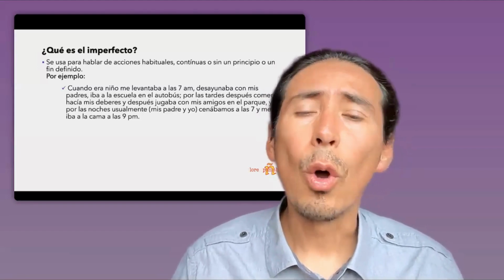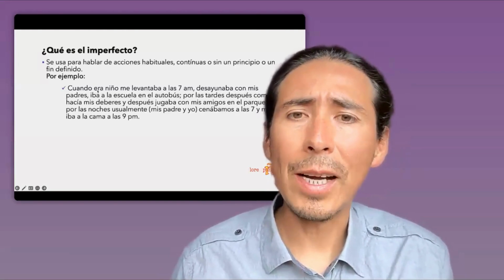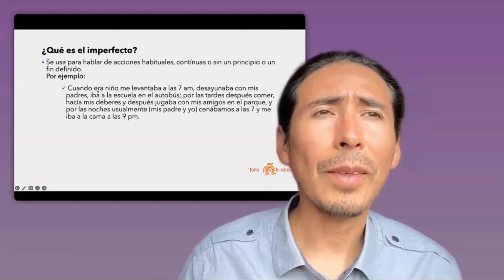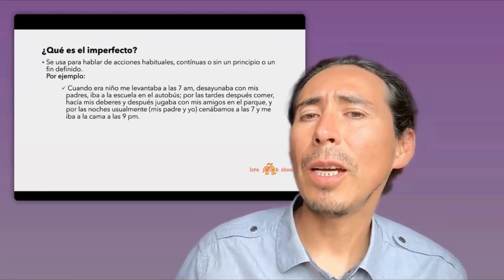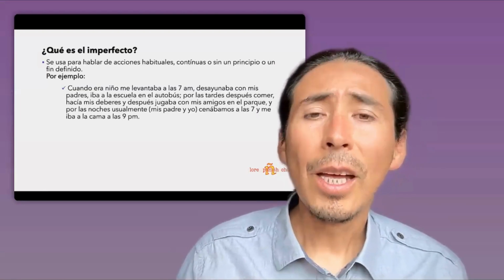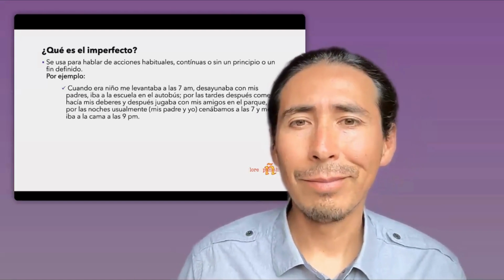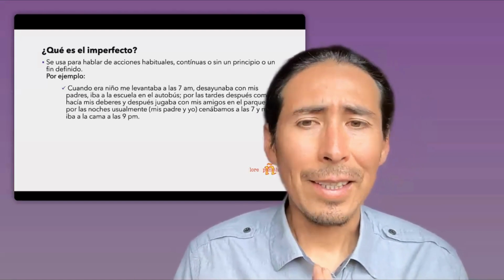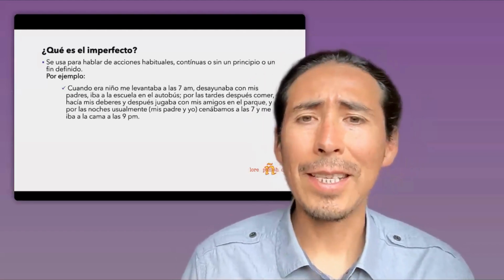So all the verbs that are used here are in the imperfecto. And all of them are talking about repetitions in the past, when I was a child. Not anymore now in the present, because I'm not a child anymore. And so, how is the conjugation? This is in the next slide.